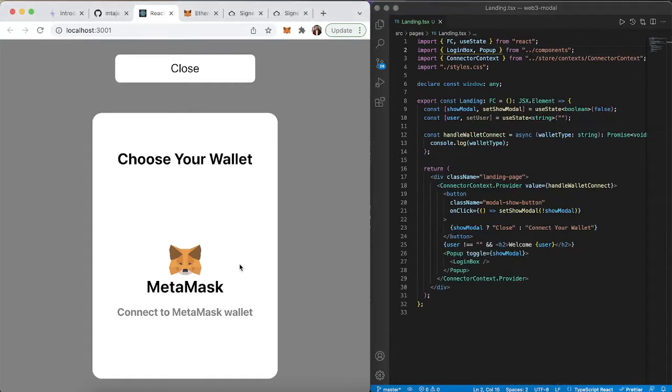So what we want to do is, whenever we click this MetaMask, connect this website of ours to our MetaMask extension, and we will also retrieve some basic information from our account. So to start with,